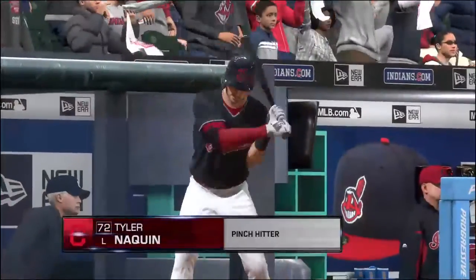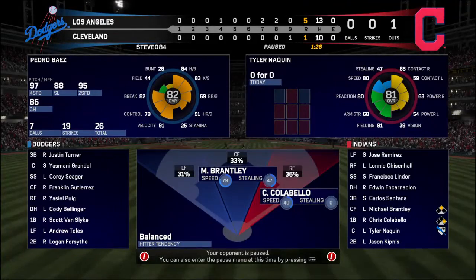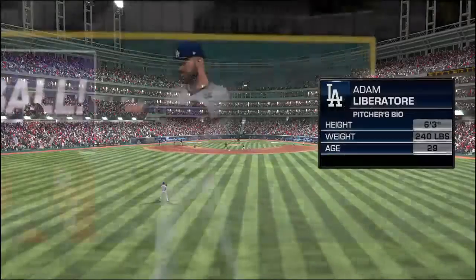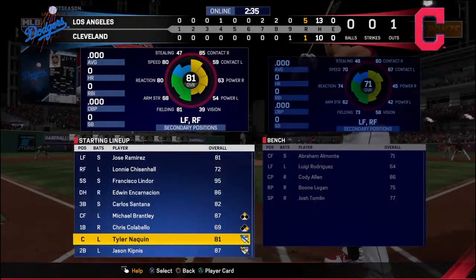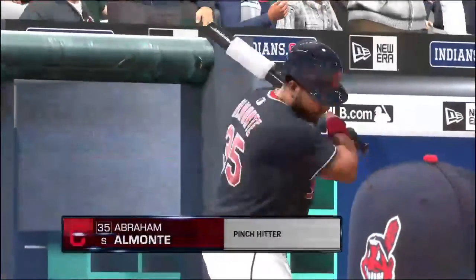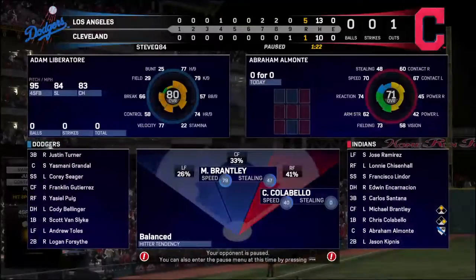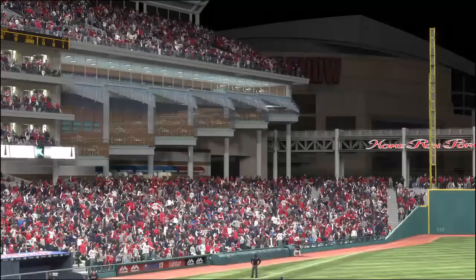Tyler Naquin will get the call to pinch hit here, and he'll find he has a couple of runners aboard with only 1 out in the inning. Adam Liberatore comes on here looking to get the final 2 outs and earn the save. Abraham Almonte will get the call to pinch hit here, and he'll find